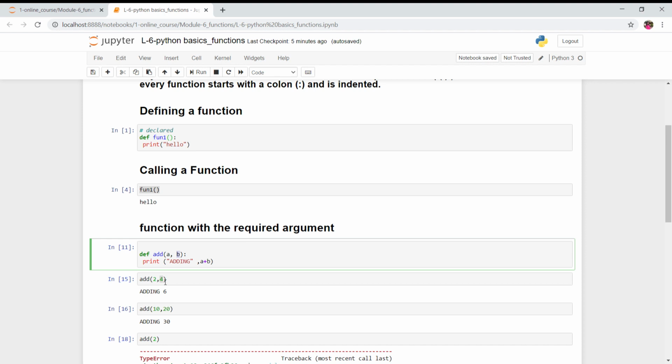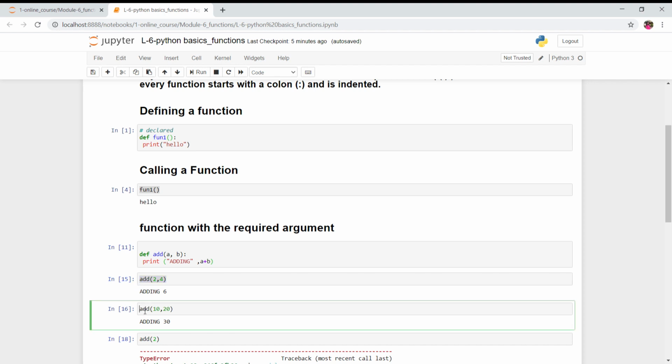Add(2, 4), the output would be 6. How are we getting 6 as output? Because these values are going into the function, and the addition part is performing the addition over here. See, I have called the addition function.